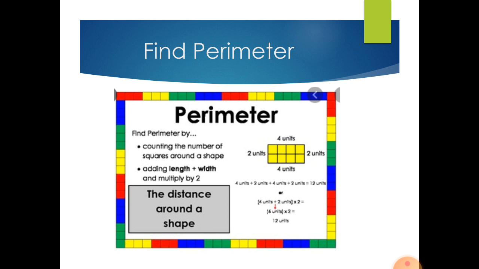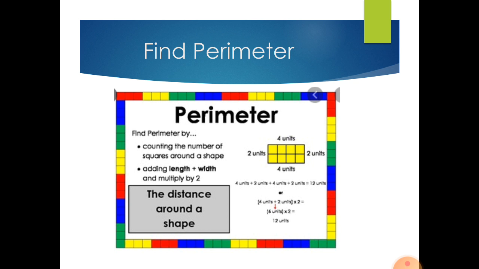If we have a rectangle and find the perimeter, you have to first add the length and width, because in rectangle shapes opposite two sides are equal. So suppose we have 4 centimeter length, so the opposite length is also 4 centimeter. So we first add the length and breadth, and the breadth is 2 centimeter. So first we add 4 plus 2 is 6 and multiplied by 2 is 12 centimeter. The perimeter of the rectangle is 12 centimeter.